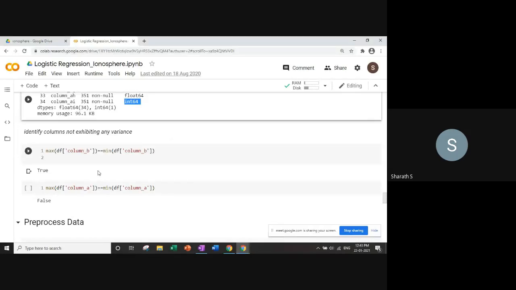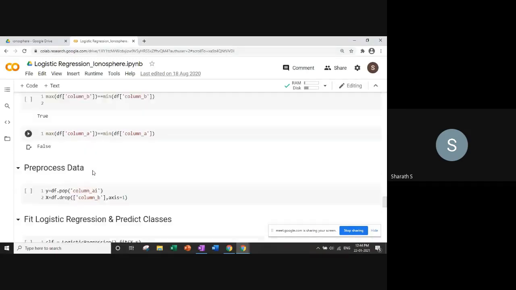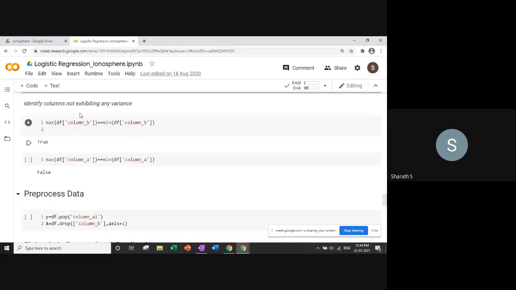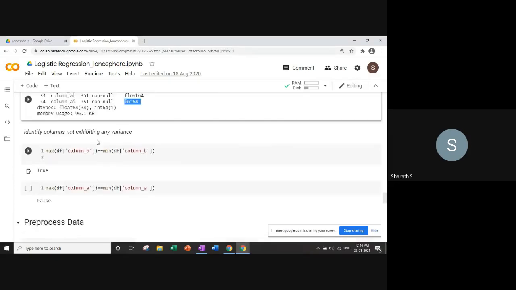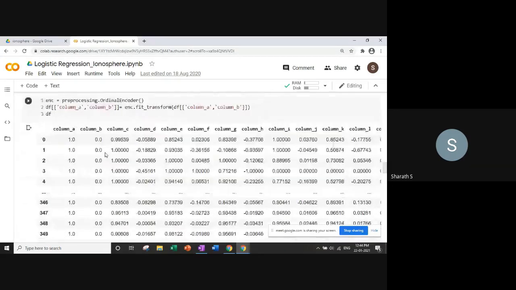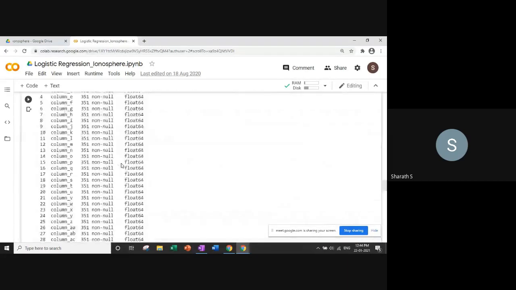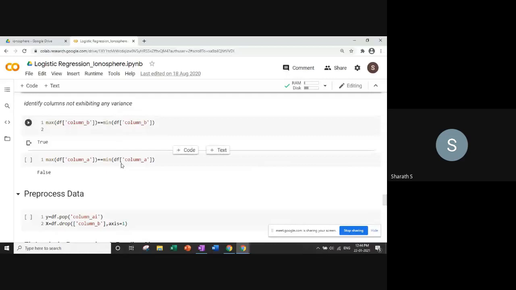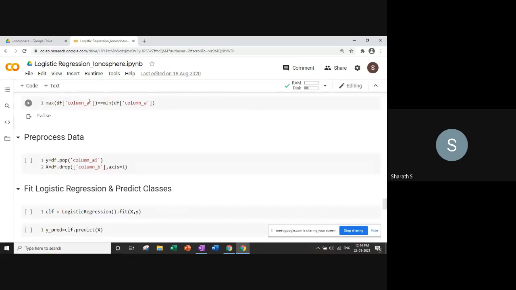This is important. This is the pre-processing of your data before you can apply logistic regression on it. Then there are some other things, like whether some columns are varying at all or not. If you see some of the numbers, they may not even vary. If they are not varying, how are they contributing to the prediction of good and bad? That is what is being assessed here. We will not focus too much on it. It is at an advanced level. The pre-processing itself is a very big topic.